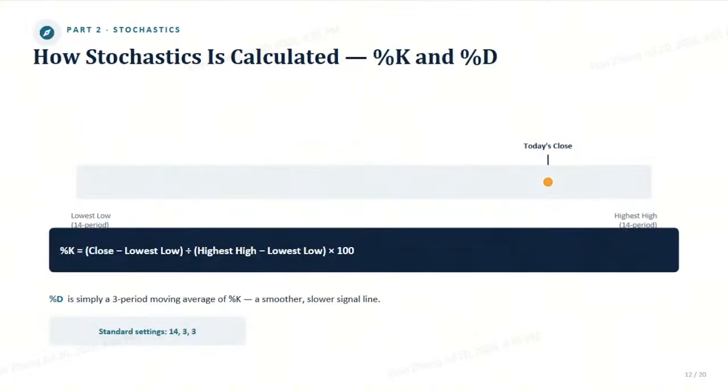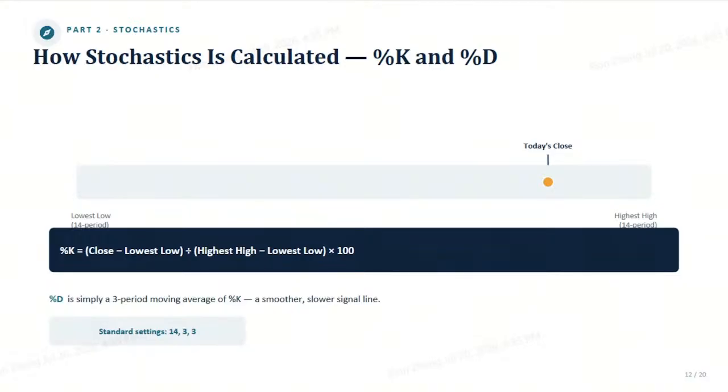Let's briefly look at the 2 lines you'll actually see on your chart, because you'll hear these terms constantly, %K and %D. %K is the raw calculation. It takes today's closing price, subtracts the lowest low of the last 14 periods, and divides that by the total range between the highest high and lowest low of those same 14 periods, then multiplies by 100 to get a percentage. Quick mental example. If over the last 14 days a stock's range was between $40 and $50, and it just closed at $48, it closed pretty close to the top of that range, so %K would be around 80,